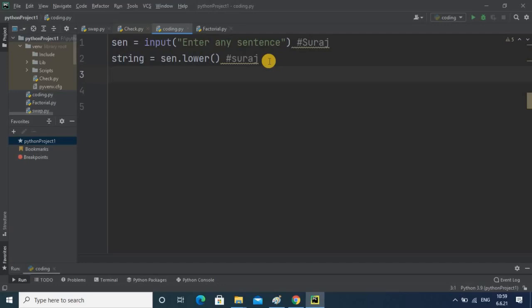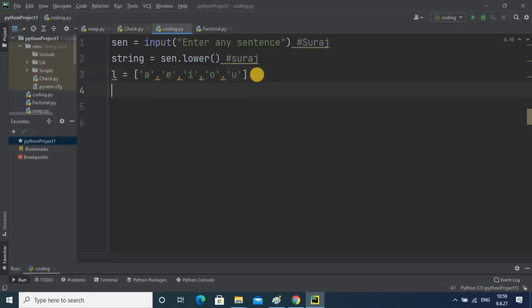Then our next step is that in this program we will define one list with all the vowels. You can use single or double quotes. Here I use 5 characters: A, E, I, O, U. These are the vowels.